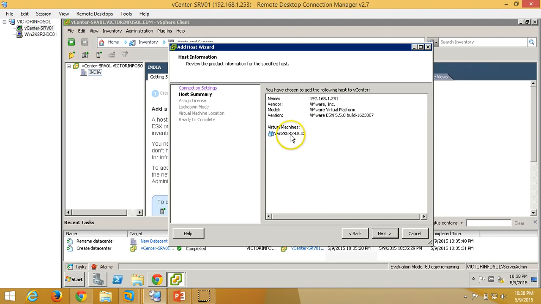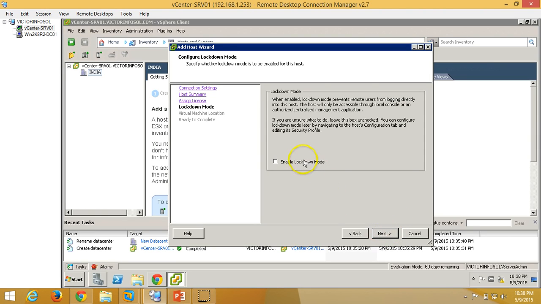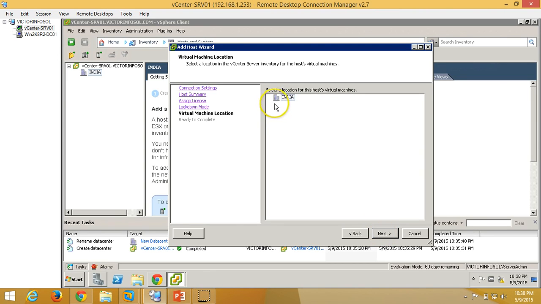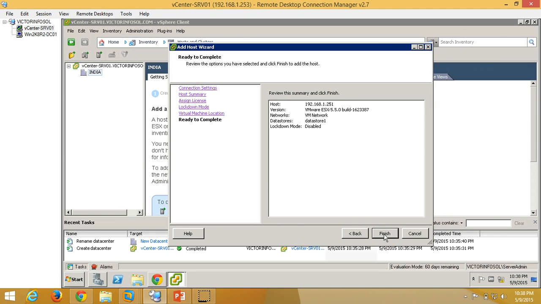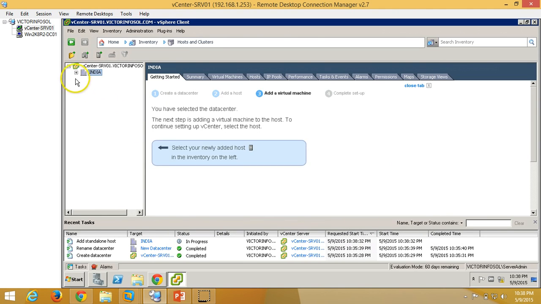We have one virtual machine on that ESXi host, so click next, and we don't have a license key, just click next, and lockdown mode, just leave it by default and just put in the virtual machine location India under the India, and ready to complete. Just click finished, and now we can see our ESXi host is added,